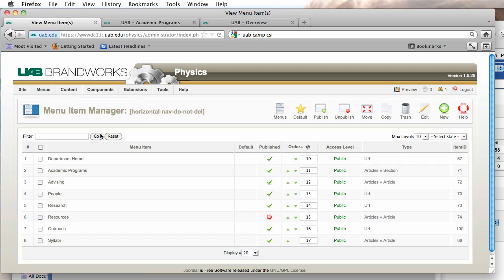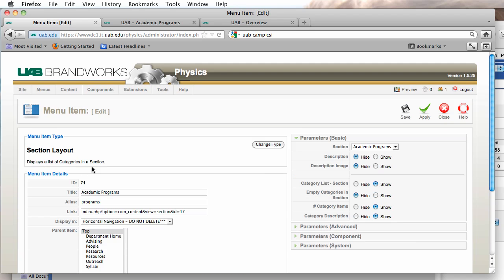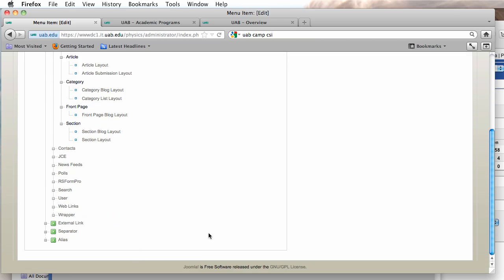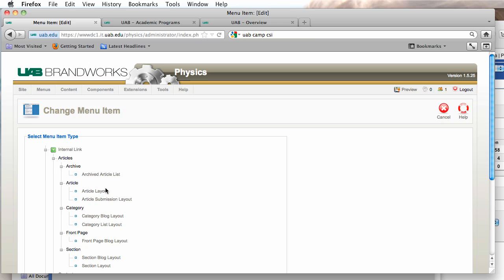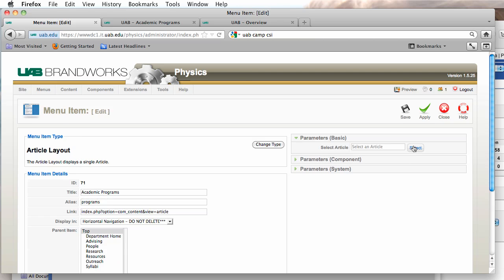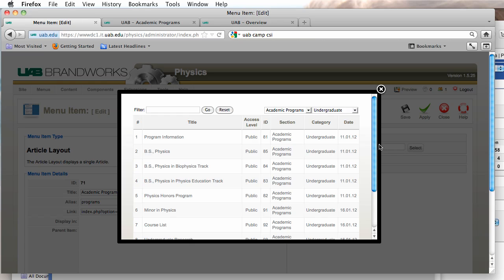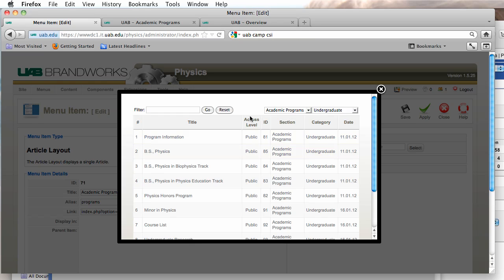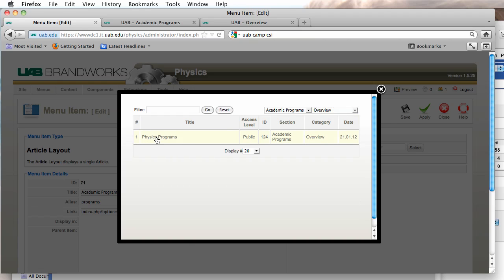I need to clean this up real quick. We are going to take out what is currently in this. Well, that was a very interesting way of doing the menu to begin with. Anyways, the first thing I'm going to do is create a brand new article. And we will actually go in and change this in just a little bit because this is not really where it's supposed to go. So academic programs, overview, physics programs,